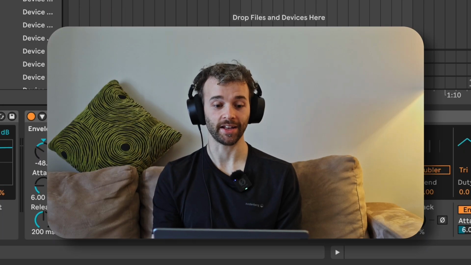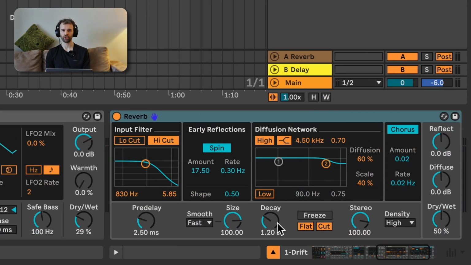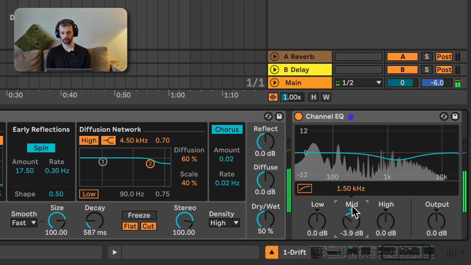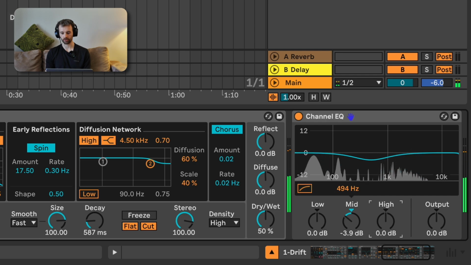Lastly, we could go ahead and add some reverb, maybe just a little bit instead of a huge decay. And then you could add some EQ and compression to kind of shape and bring the sound together just a little bit nicer. Let's go ahead and add a channel EQ, pull down the mids a little bit, adjust the mid section, increase the highs,